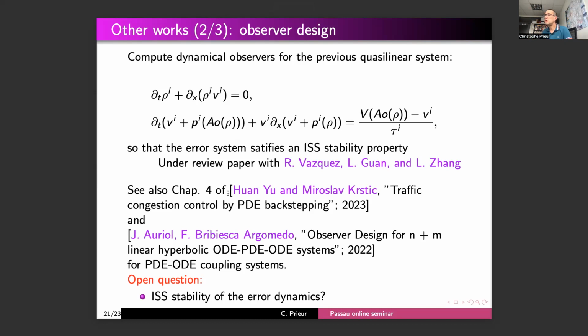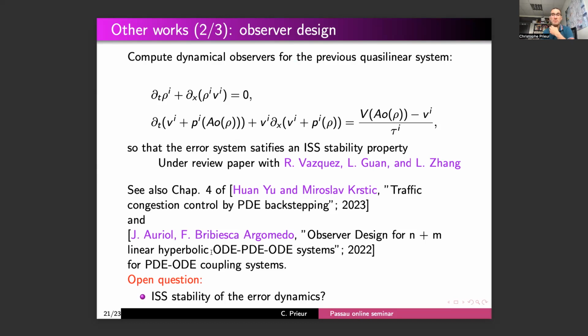And there is a very nice chapter 4 of the same book, and a very nice work of Jean Auriol and Federico Bribiesca-Argomedo dealing with observer design by using backstepping